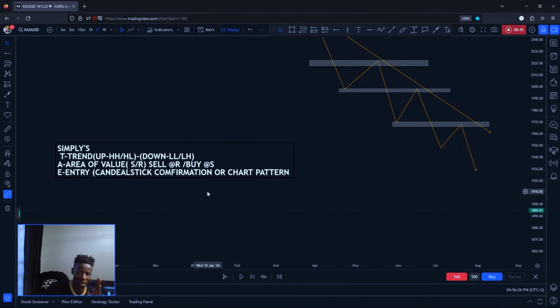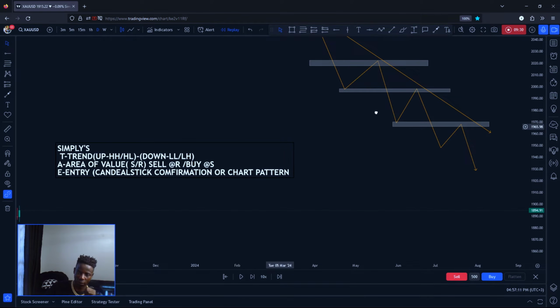So then for the entry trigger, we're going to be looking at the chart pattern, but I prefer that you use the candlestick pattern, because candlesticks can really give you that entry. I'm telling you this: we don't trade the chart patterns, we trade what chart patterns represent. We don't trade candlesticks, we trade the meaning of the candlestick. So I'm going to break down the most trusted candlestick patterns that I trust in order to execute in the market.